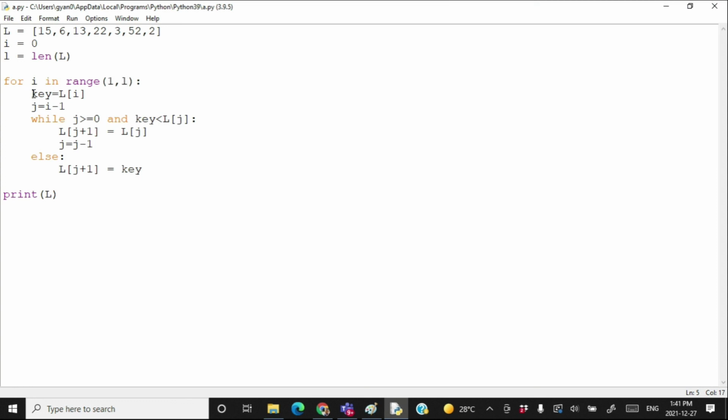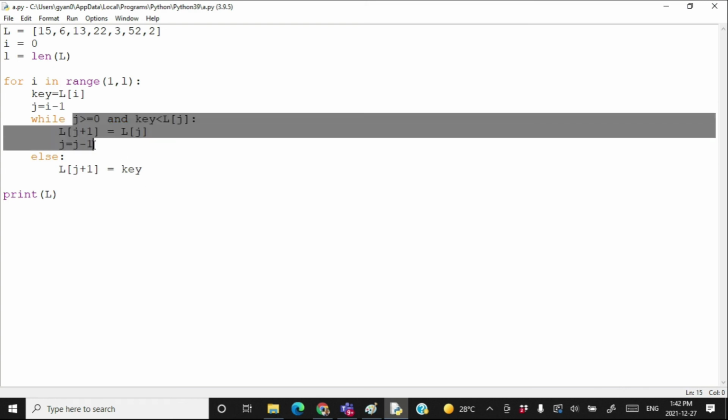Now the value of L[i] will be stored in key. Set the value of j as i minus 1. Keep on decreasing the value of j until it reaches minus 1, or you find a value in the list which is less than the key. So until either of these conditions is satisfied, you keep on placing the value at j into j plus 1 and keep on decreasing the value of j.